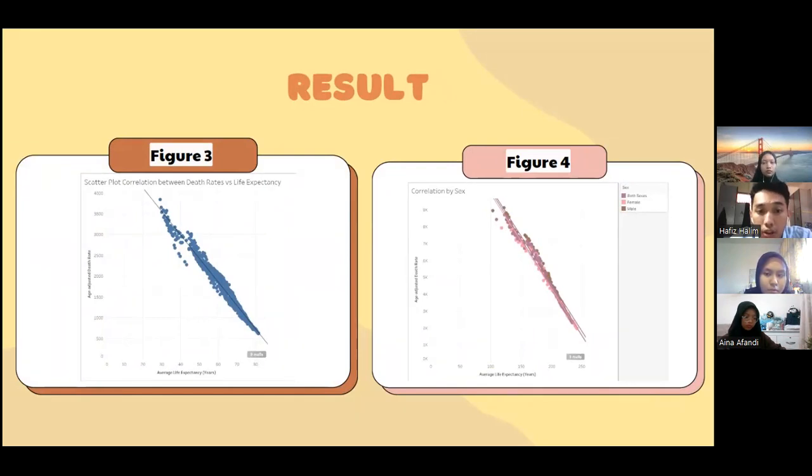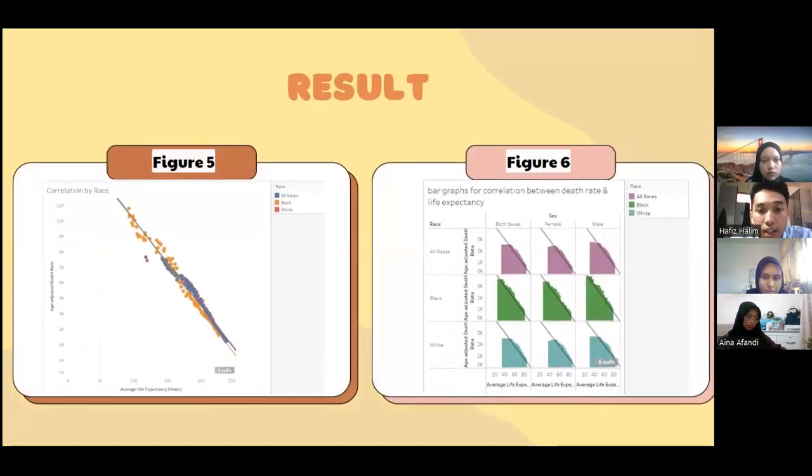In this figure 4, this is the scatter plot for correlation between death rates and life expectancy by sex, and it shows a negative trend and strong negative correlation. This means the correlation between life expectancy and death rate in the US will remain negative even if it is affected by both sexes, which are female and male. Next,